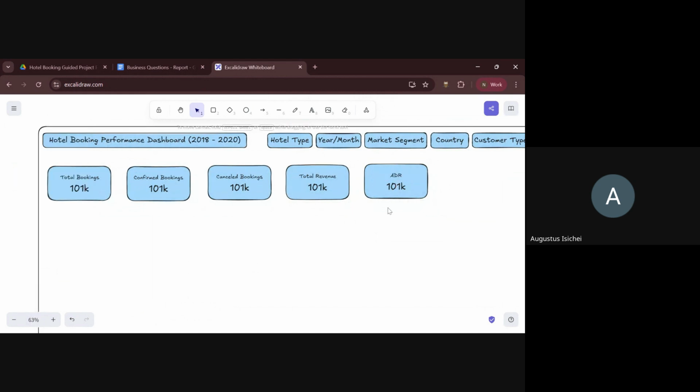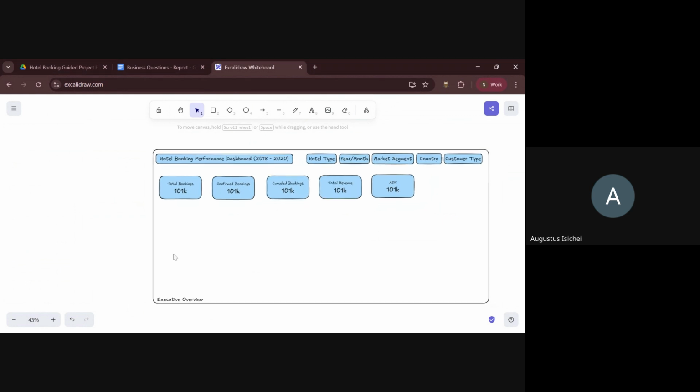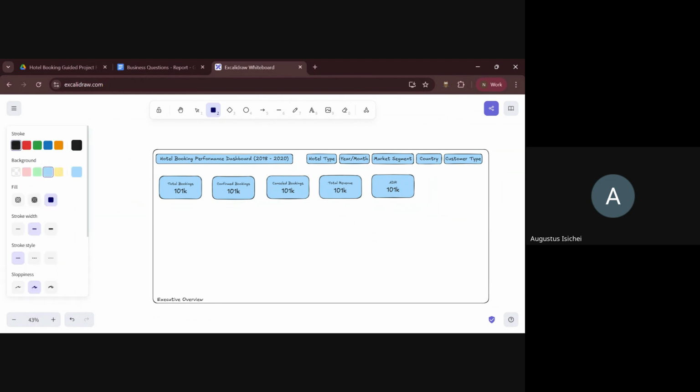ADR, that's the average daily rate. So the bookings, oh, let's get a card for bookings trend, a card for the booking trends. So we would use